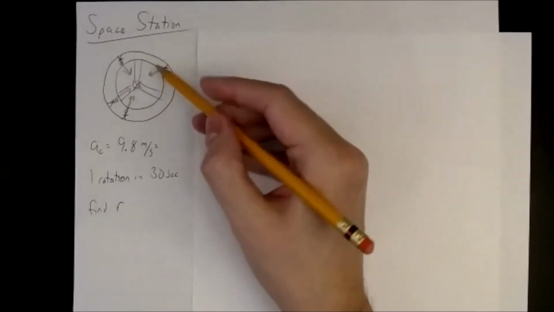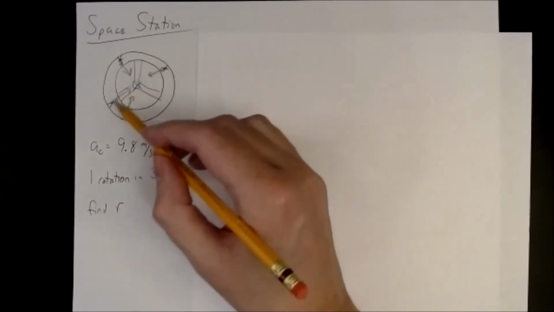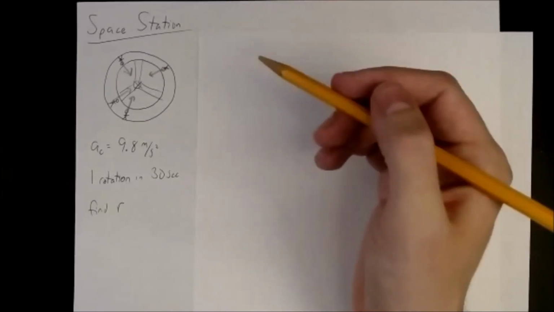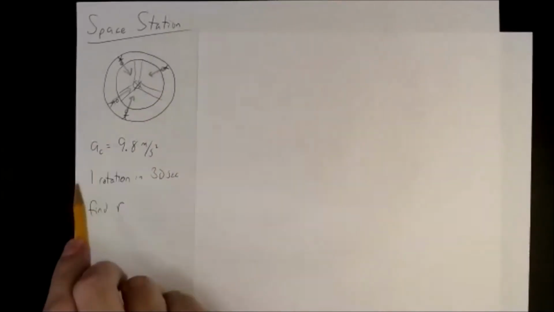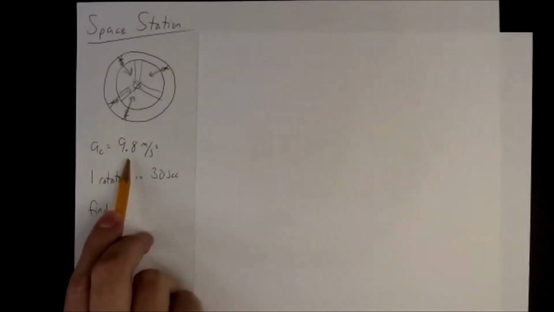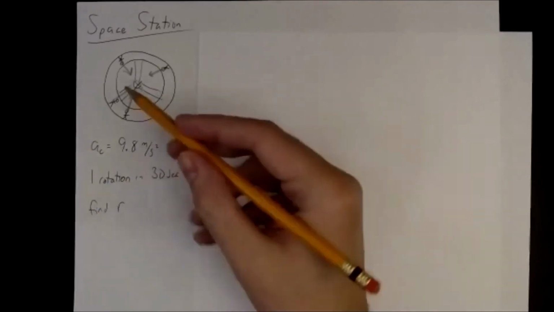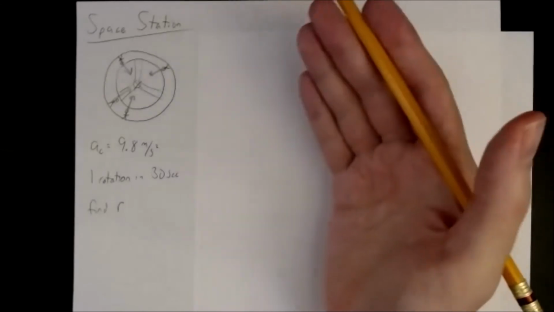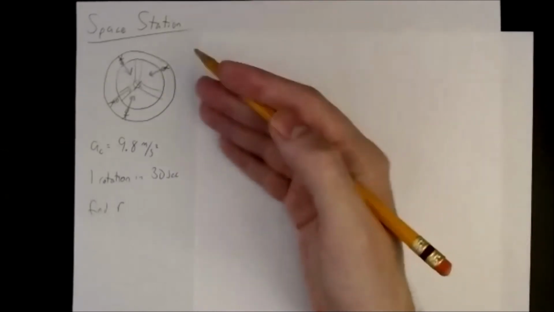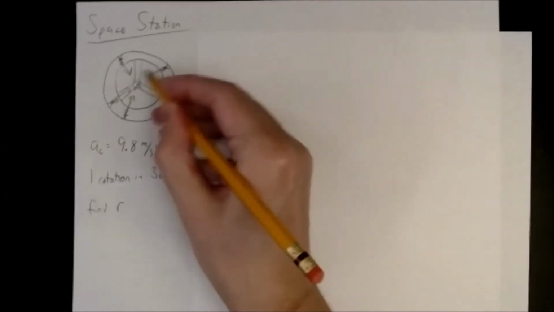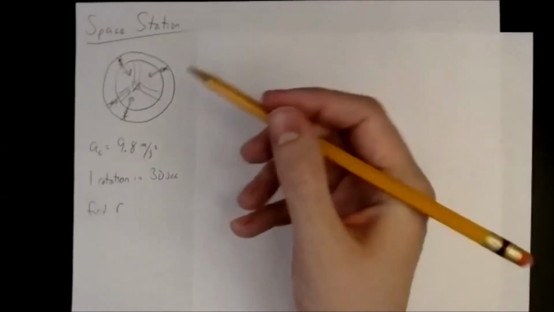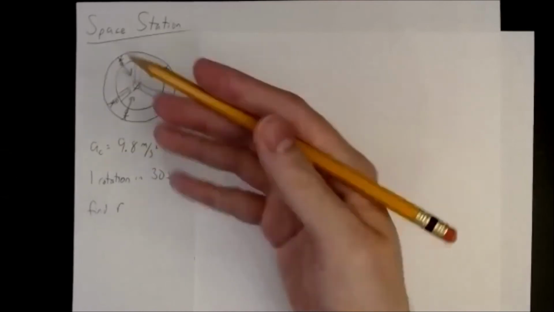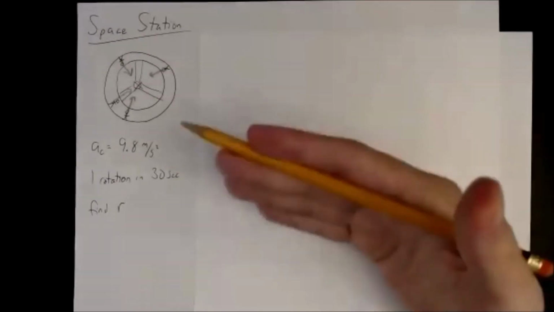If we have an inward pointing centripetal force, then we're going to have a centripetal acceleration, of course. I want that centripetal acceleration to be 9.8 meters per second squared, because I want all these people to feel like they have a normal weight. And the way we feel weight is through the normal force on us. So give them a centripetal acceleration of 9.8 meters per second squared, and they feel like it's just completely normal.